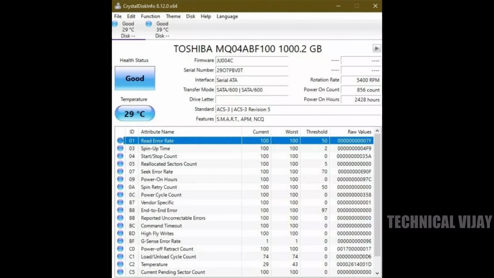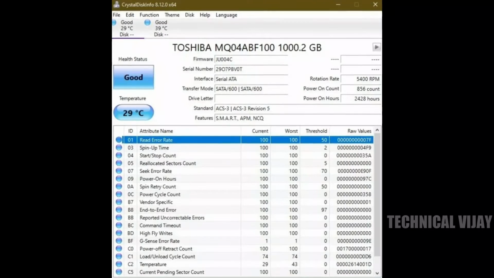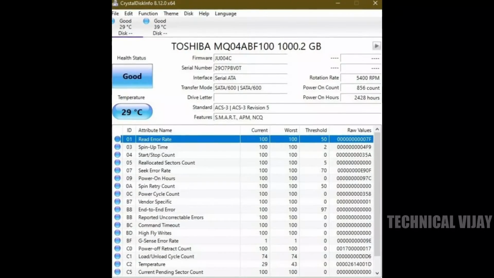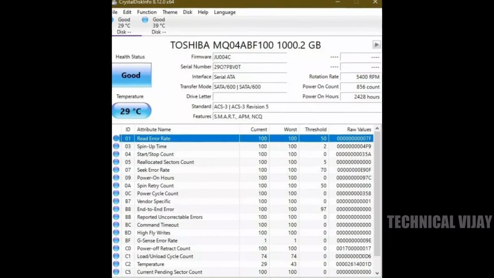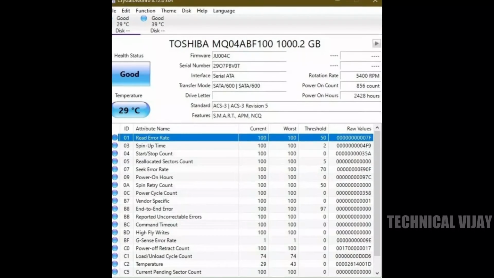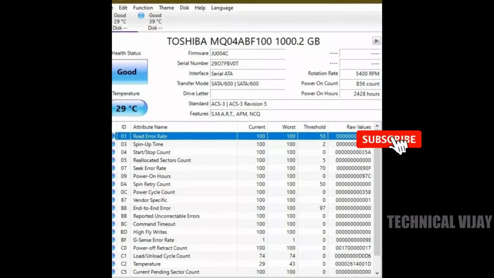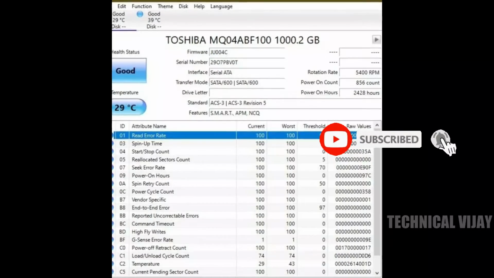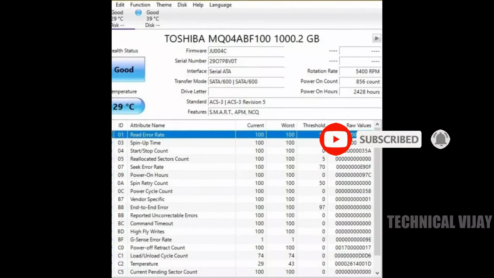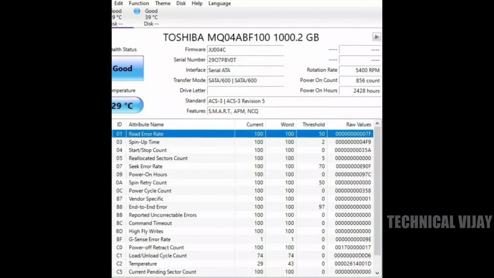Third one, use the HDD manufacturer's tools also. Most major hard drive manufacturers provide free, robust tools to monitor your hard drive health and also performance. The first step to know which one to use is, of course, knowing the make of your hard drive. If you know the make of your hard drive, you can skip this part.